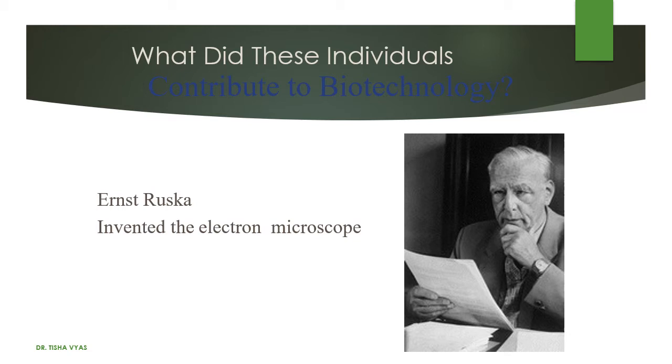He was educated at the Technical University of Munich from 1925 to 1927 and then entered the Technical University of Berlin, where he posited that microscopes using electrons with wavelengths 1,000 times shorter than those of light could provide a